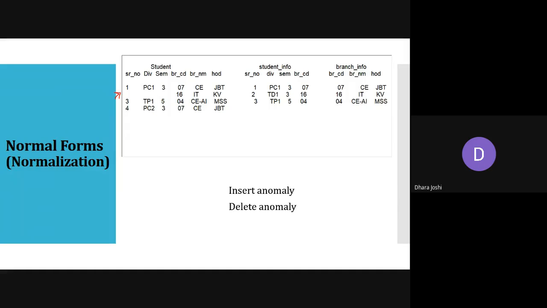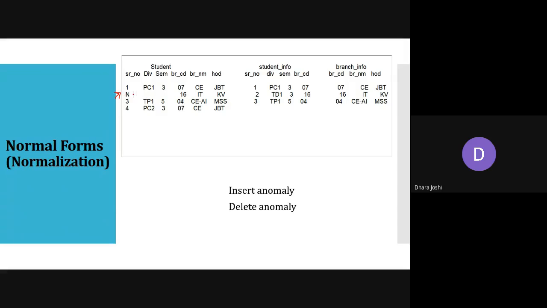Like, it may be possible this student has taken admission from this college to some other college. In the same way, students from other institutes will be joining our college. So the branch should remain as it is. But here, if you see, again we have null entries here: null, null, null. We know that it is not allowed.